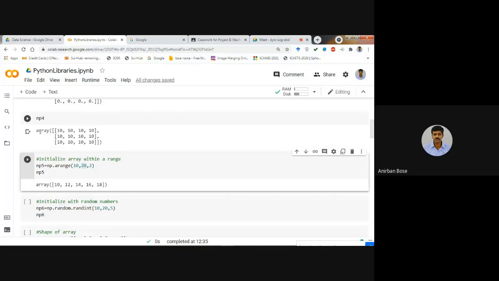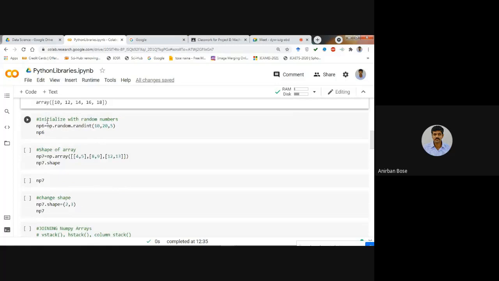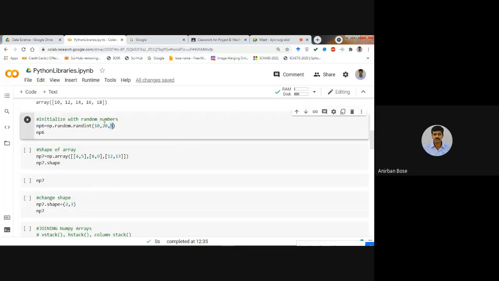Now, you see that initialize array within a range that we have covered. Now we'll see initialize with random numbers. Suppose we want to initialize 5 random numbers between 10 and 20, and all these will be integer. In that case, the command is